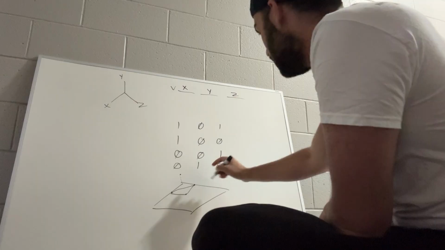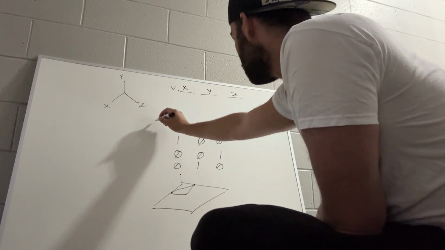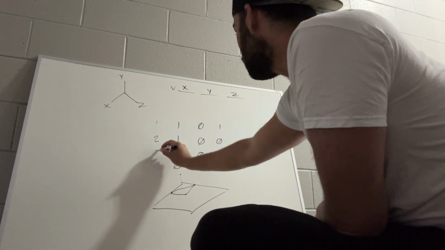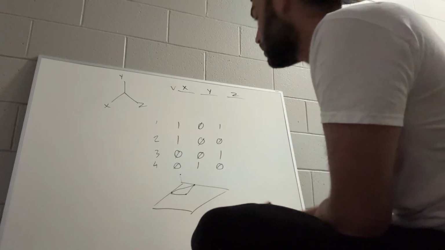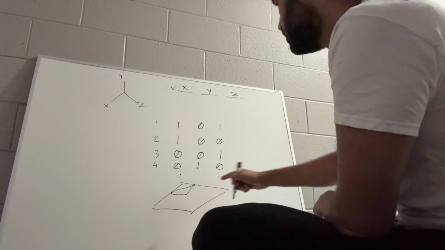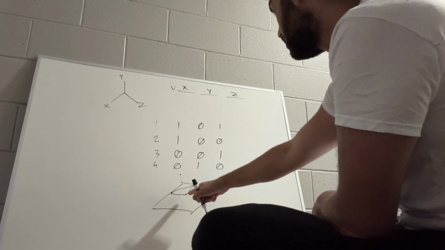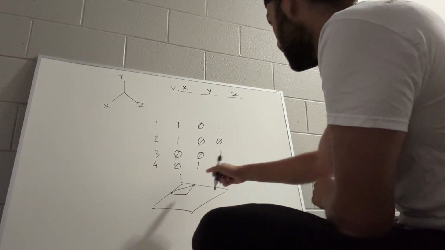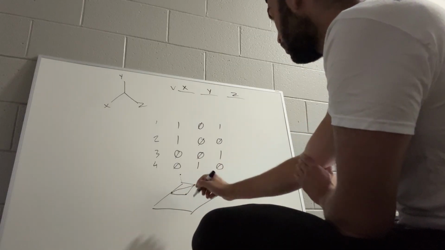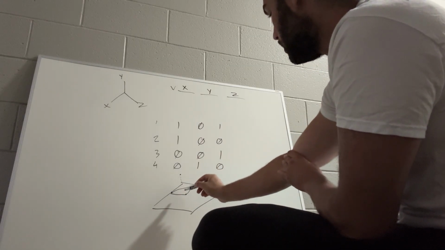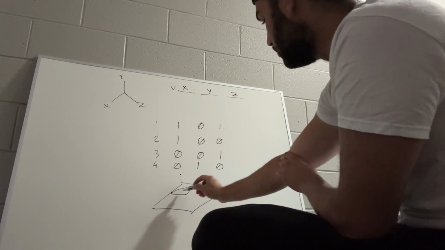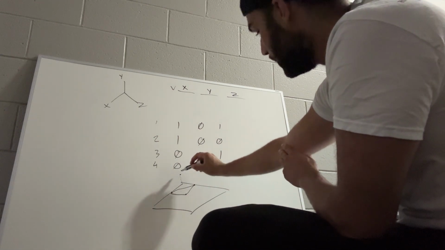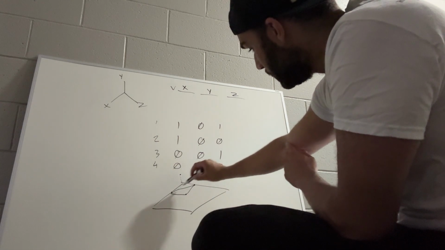This is point 1, point 2, point 3, point 4. So to make a prism that was this shape, made of this face and this face, and then these faces,